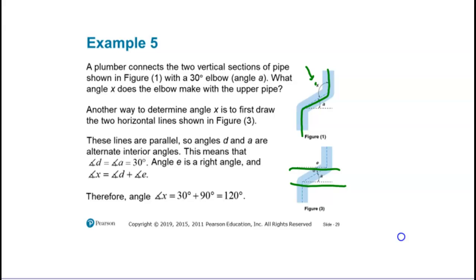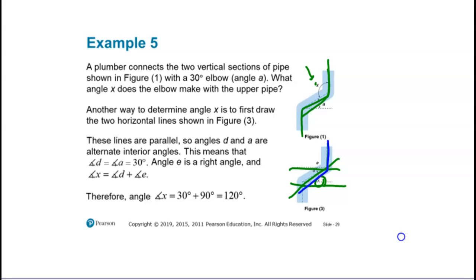And if we extend those lines and follow this, we have a transversal. If we have a transversal, then we can find out what the angles are, because we know that A is a 30-degree angle here. And if A is a 30-degree angle and we're looking for X, which is this angle up here, the total angle of this, and let me draw that in blue,